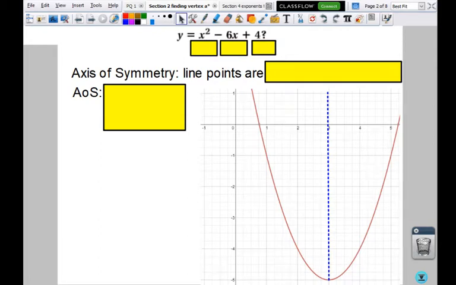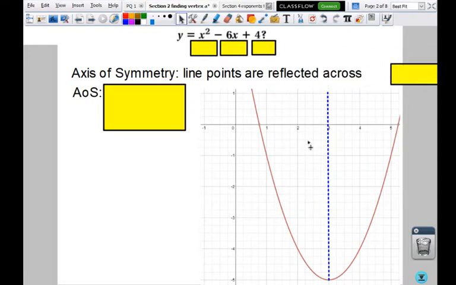So, what we are starting today is actually similar to that first lesson we did. We're going to find vertex and axis of symmetry again today, but this time we are not going to look at the graphs. So there's a few graphs just to get you started, but after that we will just look at equations. So, our axis of symmetry, we talked about it before, it's the line